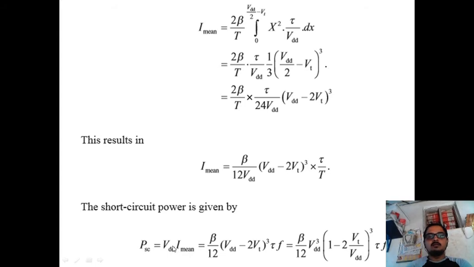Then we already have VDD here, and in the denominator VDD cancels. Then we will get this equation. Then replace 1 by T. 1 by T means 1 by time period, which is the frequency. Replace 1 by time period with the frequency here. Then we will get this one. In this term take VDD as common, then we will get this one.